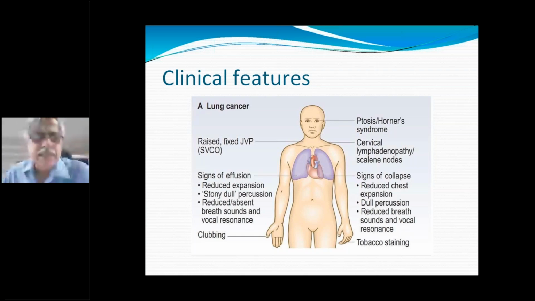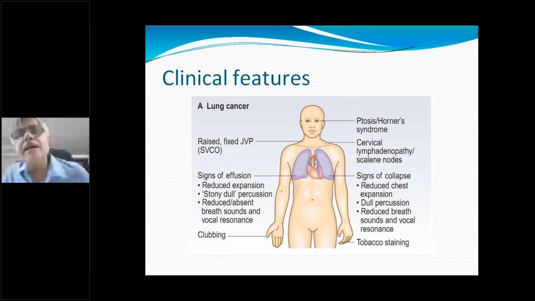The patient will have increased swelling of the nearby joints: in the upper limb, the wrist and elbow; in the lower limb, the ankle and knee. Usually ankle swelling is very common, so you will get painful swelling of the wrists and ankles because of new bone formation. If you take an X-ray, you will find new bone. That is known as hypertrophic pulmonary osteoarthropathy. That is a common manifestation of bronchogenic carcinoma, along with grade 3 clubbing.